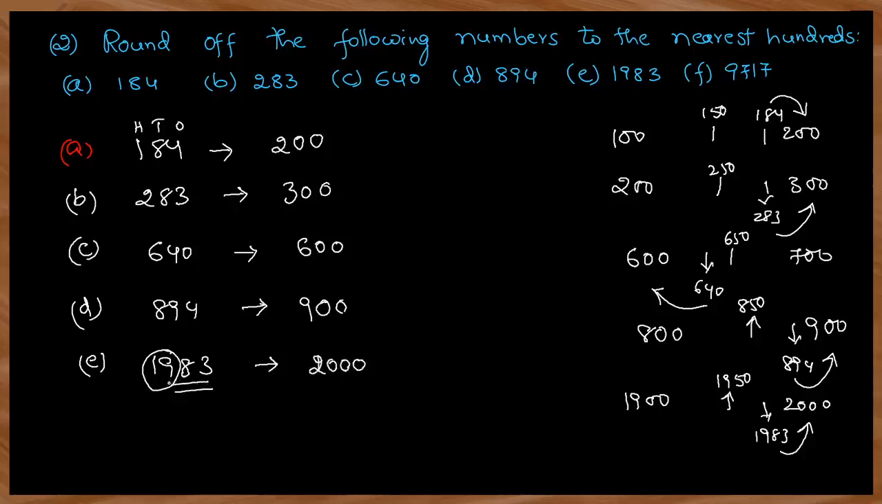If you take only up to the hundreds place, for 983 the nearest 1000 is 1000 only. Here already 1000 is there. That 1000 you have to add to the already existing 1000. That will become 2000. Otherwise you can take 1983. It will be easy for you to write this one. Okay, next,